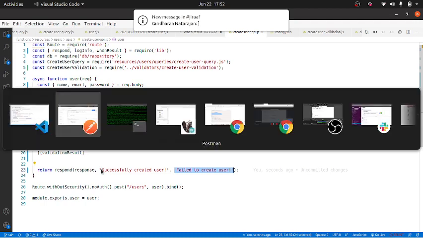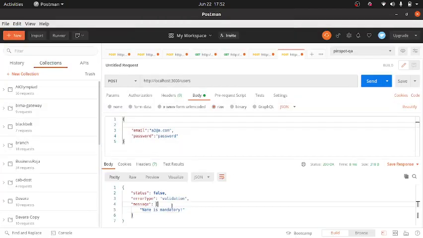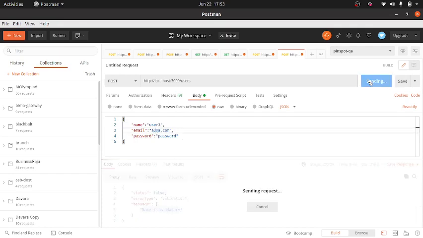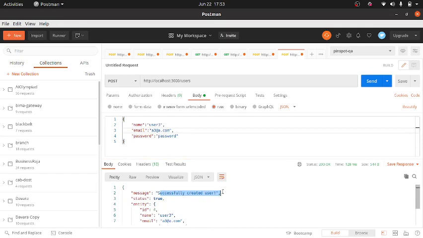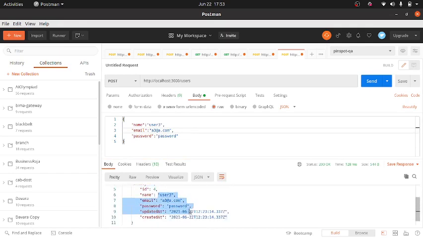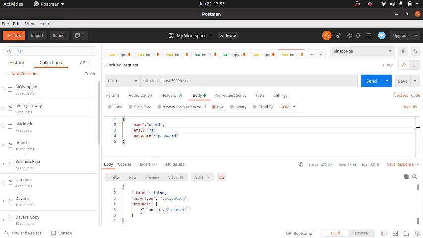Okay. Are we clear? Yes. It didn't use that message because there was a validation error. That's why it used this. But if it is successful, let's say I give user Hello 3, then it uses "successfully created user". Status is true. Entity is the created user, and this is the user detail. And let us say if I give a wrong email, it tells me it is not valid.